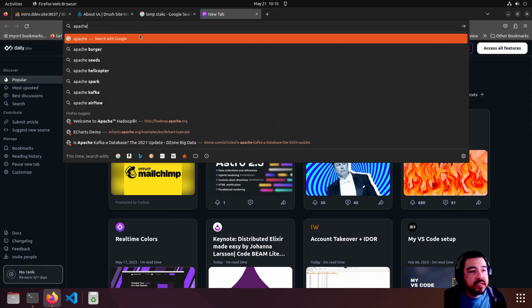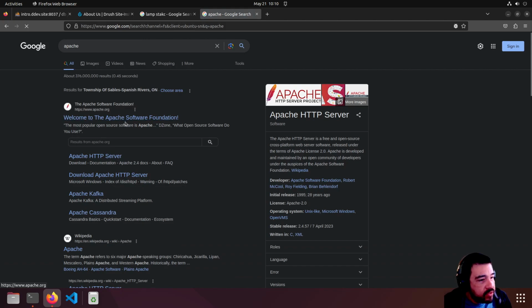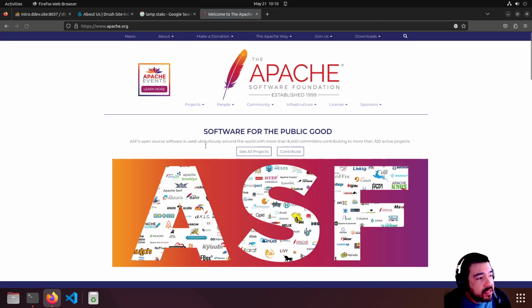Apache is a web server, I guess you would say, HTTP server. Whenever you make a request out on the internet, it's likely actually hitting a Linux server as well, but it's probably not likely hitting Apache anymore. The LAMP stack, that acronym, it's a little bit dated now. There's also the LEMP stack, which